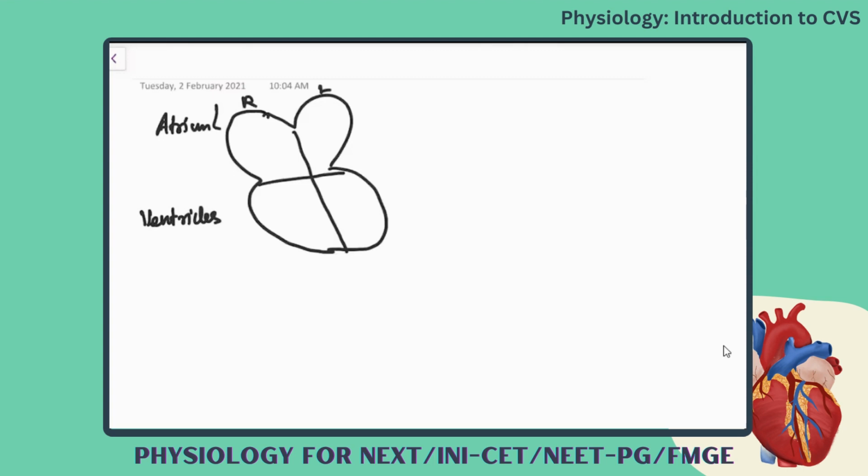So the right side of the heart, it is getting the blood flow. What is this? Superior vena cava, inferior vena cava, which is bringing what kind of blood? Which is bringing the deoxygenated venous blood into the right side of the atrium. And is there any valvular mechanism over here? No. Is there any valve between superior and inferior vena cava entering into the right atrium? No. If there is no valvular mechanism, it means there is continuous inflow of blood from the venous circulation into